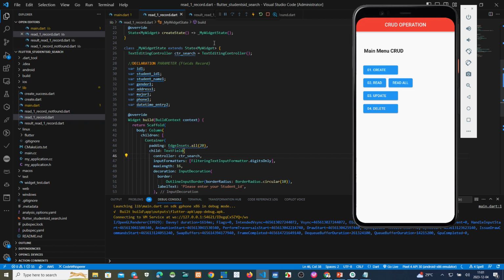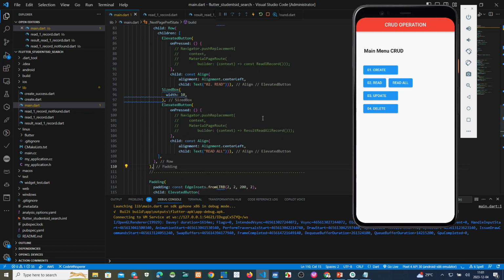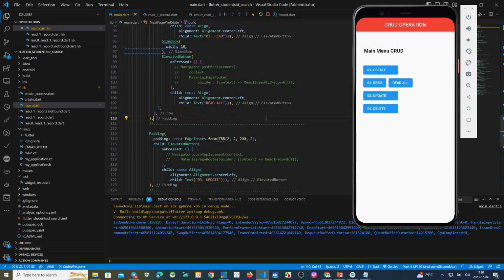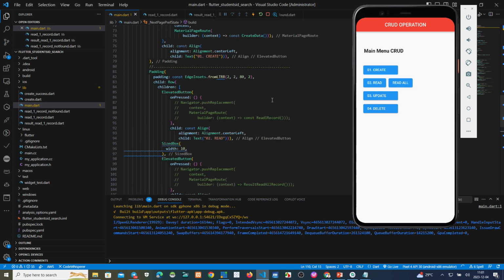If we click the menu here, we see the menu, read this one, number to read. So the Flutter will go to the read one record.